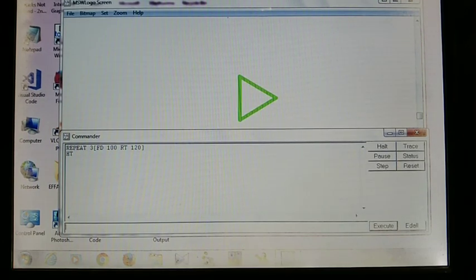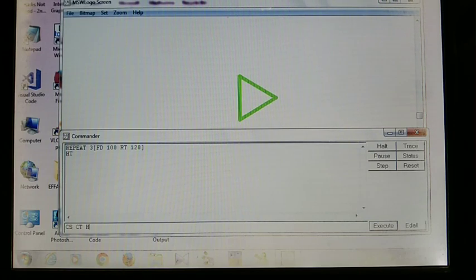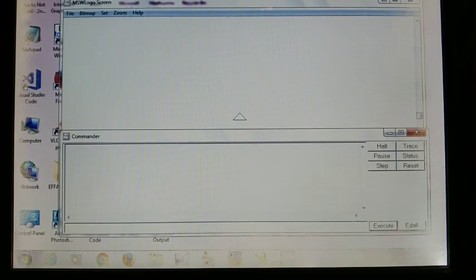Now I want to draw the square. Before I draw the square, again I clean the screen. CS space CT space ST, then simply enter. Now I want to draw the square.